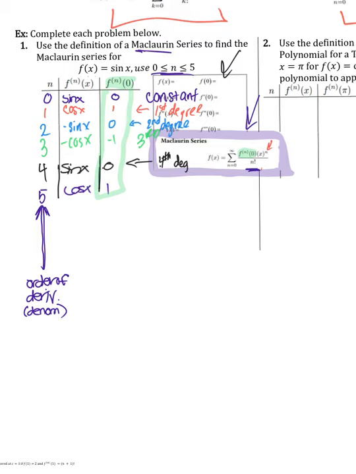So let's start with just the first term. And I'm going to try and go slow so that you can really see what we're getting at here. So first of all, what are we saying? We are identifying what sine of x is equal to as a series. Here we go. I'm going to come down here so I don't run out of room. f(x), which is sine of x, I'm just going to make a little note of that underneath, is equal to, and we can say that is equal to because we are writing a series, not a polynomial. We are writing a series, so we can use an equal sign. If we were writing a polynomial, we would use an approximately symbol